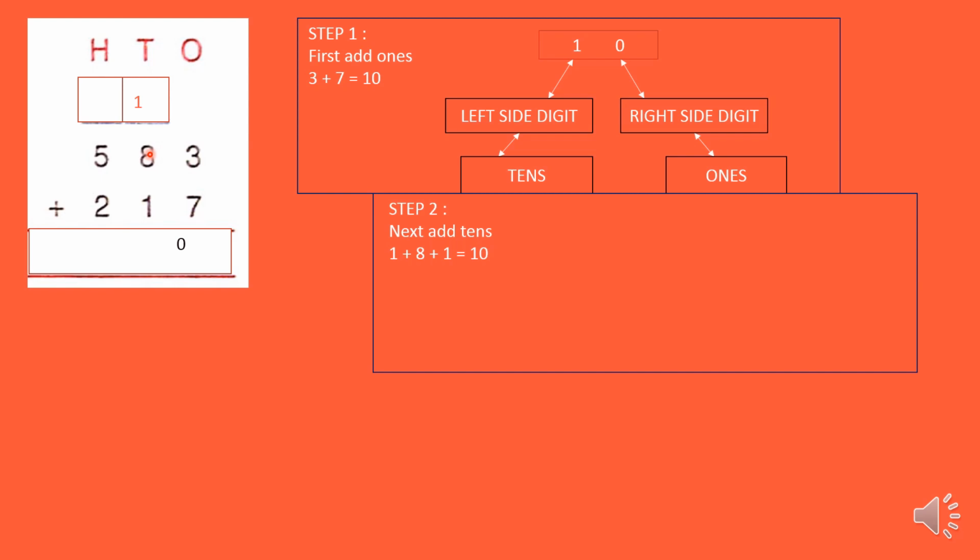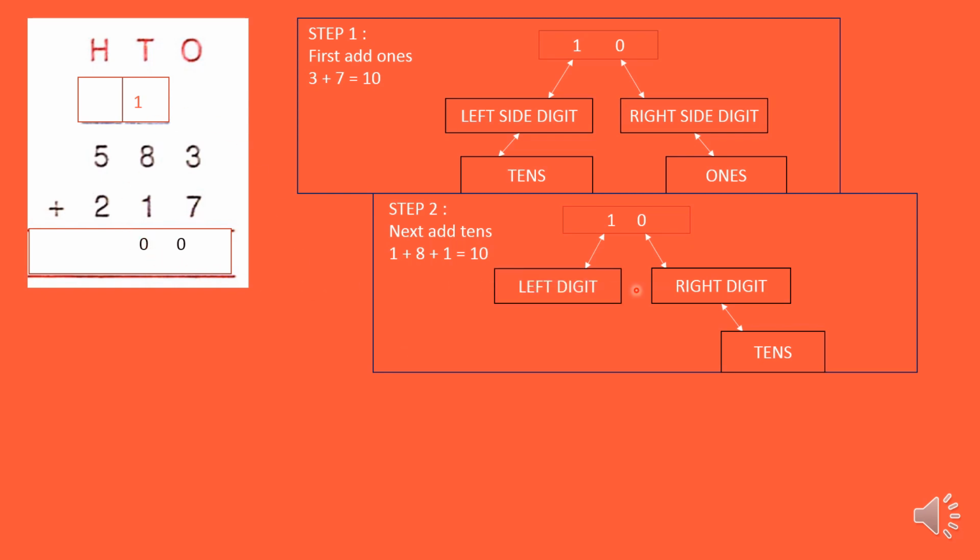Which number is bigger? 8. 8 is in your mind, 1 is in your hand. 8 after that 9. 9 is in your mind, 1 is in your hand. 9 after that 10. So 10, how do we have to write 10? Always the right side digit is written under the tens column. So we are writing 0 under the tens column. Always the left side digit will go for carry over, or we write it under the hundreds column. So we are writing 1 under the hundreds column like this.